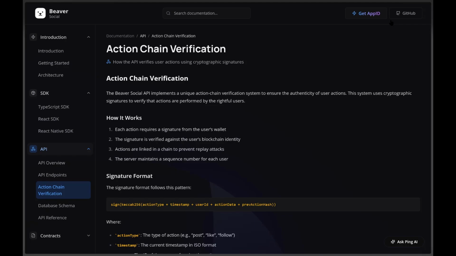Each new signed action also contains the hash to the previous action. This creates a linked list, a verifiable trail. It means we can build a platform that's inherently transparent and offers real censorship resistance, because if any data was manipulated, the chain would be broken and it will be obvious.